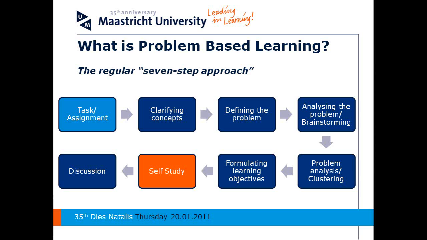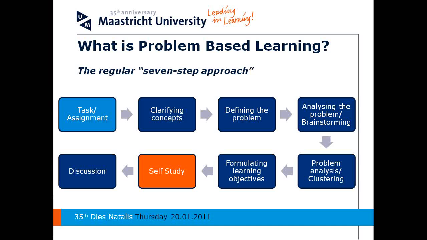Well, you all know the 7 steps of problem-based learning, just to remind you. First of all, you have a task, a written task in a course manual, some 300, 400 words. The group itself starts to clarify what the problem is, understand it, start brainstorming how we can solve it, clustering, making learning objectives, start self-study, new books, use new technology, come back to the group and discuss, and thereafter the post-discussion. So more or less align.